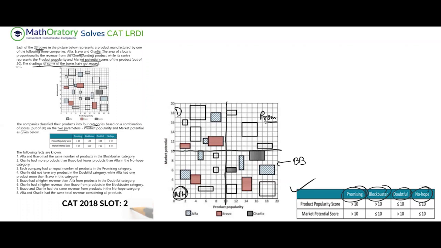So what I'm going to do is I'm going to work on two things here, because if you just glance through the additional information once, points 1 to 4 are each talking about the number of products, right? So I hope you can see that everything is falling in terms of number of products, all these four pieces of information. But the next four are talking about the revenue. So 5, 6, 7, 8. So this is talking about revenues, right? Same total revenue, higher revenue. So these are talking about revenue.